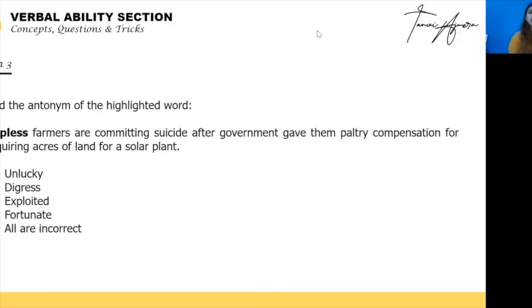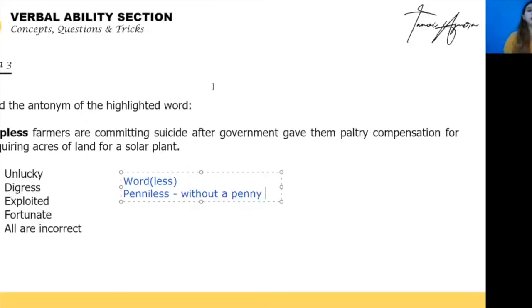So again, let's try and understand things detail by detail. We need not understand the entire statement. If we do not know the meaning of the word hapless, how are we going to solve something? So firstly, when you have any word with the suffix less, right, it basically means the lack of that thing, right? Penniless. If I tell you the word penniless, it means without a penny. So basically for hapless also, it is going to be without something, right?